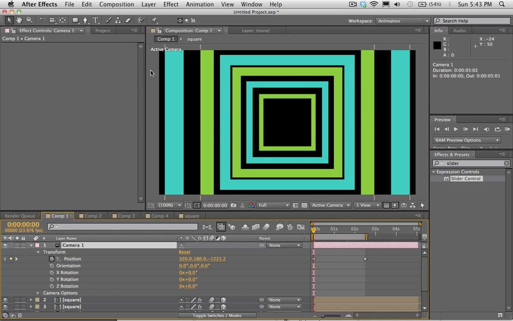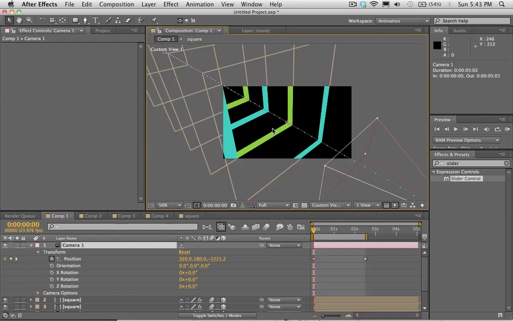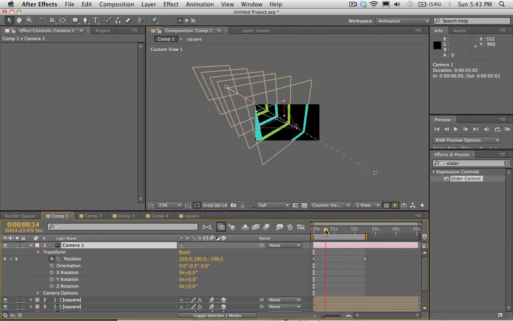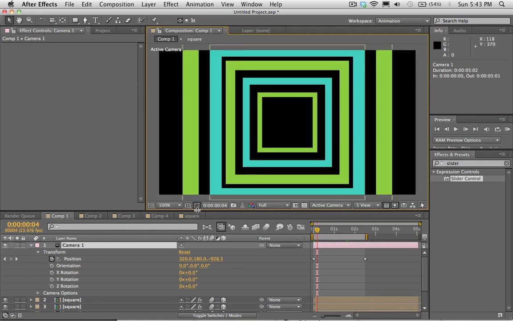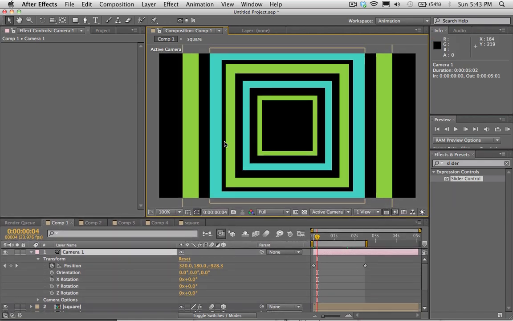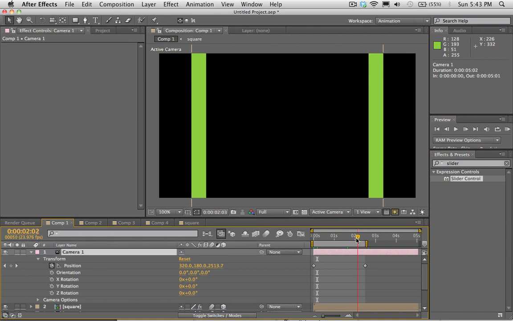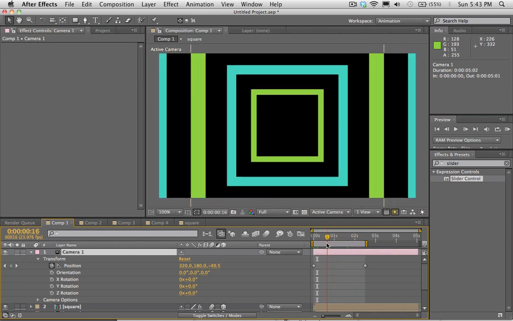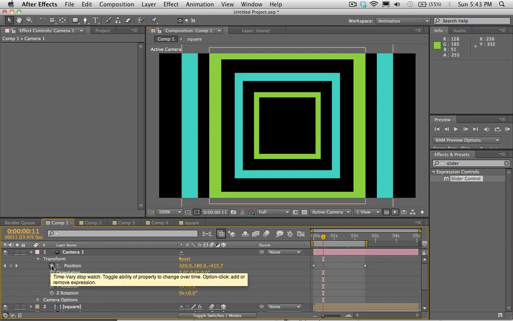So what I've got here is this little scene of a camera flying through some squares. So it's just a camera flying through squares in space right here. Just to show you the technique, not for aesthetic reasons, as you can clearly see. So our camera's just pushing through space here. And Andrew showed me this awesome technique that is you apply an expression to the position here,